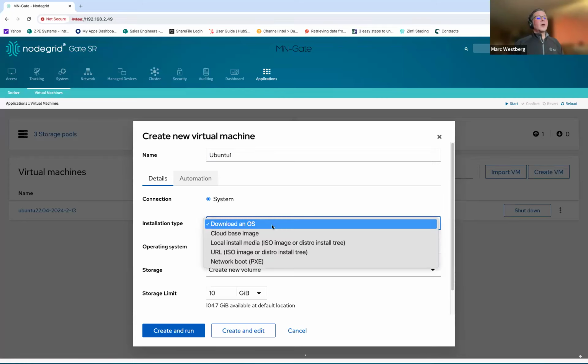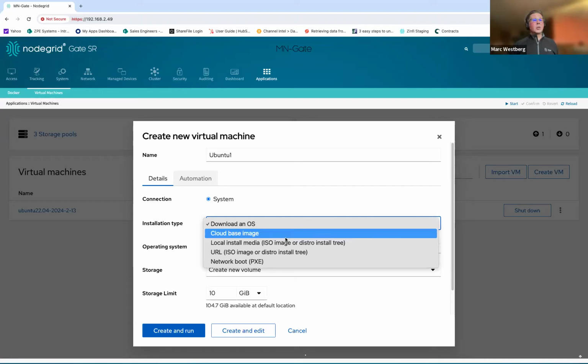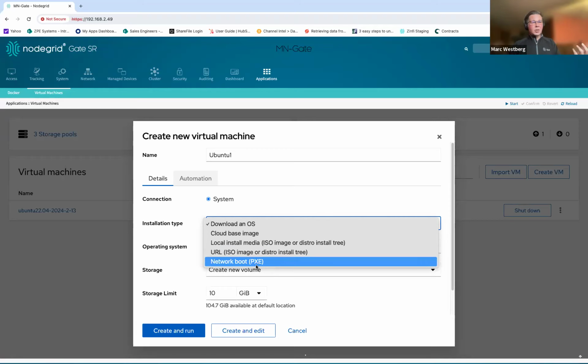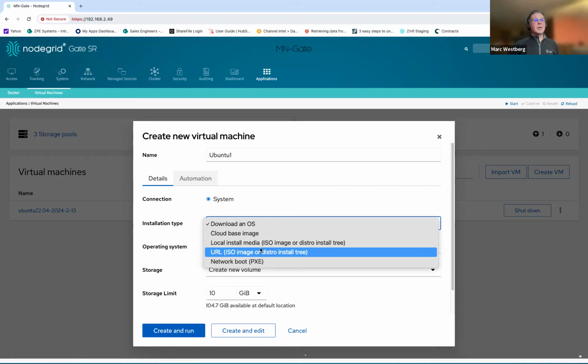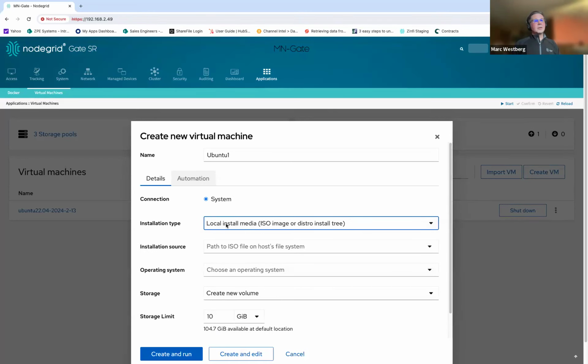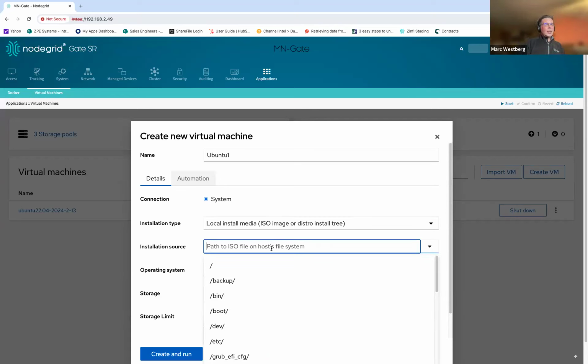These are the options that we have for the installation type. We can download an OS. Cloud-based image will pull an image from the ZPE cloud. Local install is what we'll be using. We can also go to a URL, or we can do a PXE boot or a network boot if that's installed or set up in the environment. So in our case, we're going to do a local media install, ISO or image, and the installation source has to be